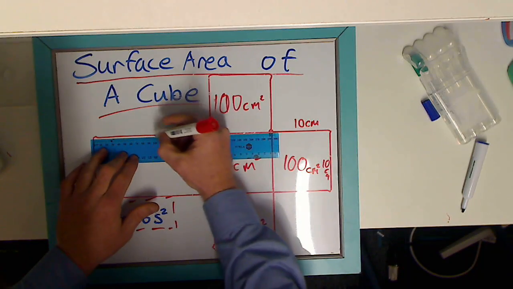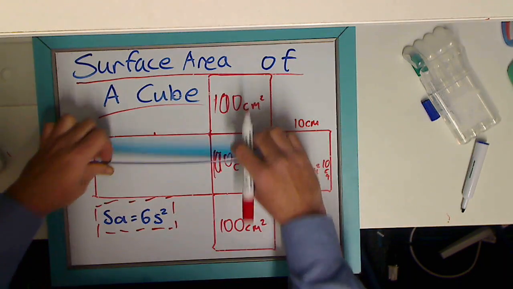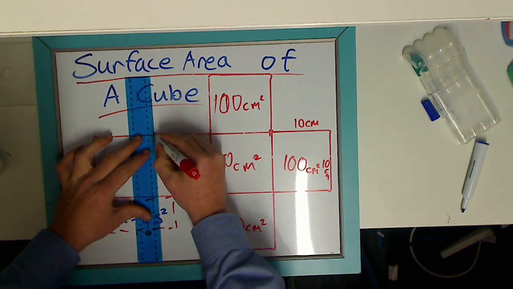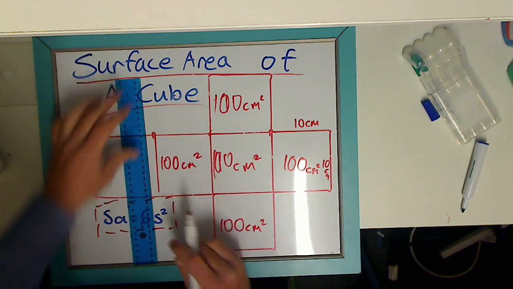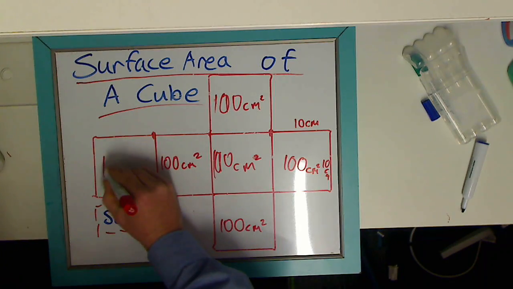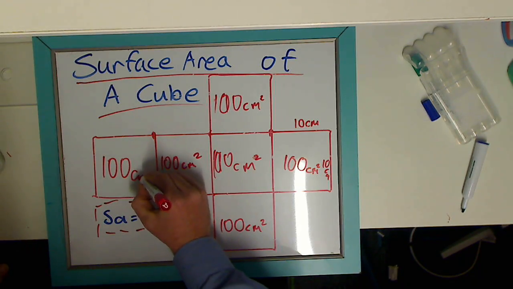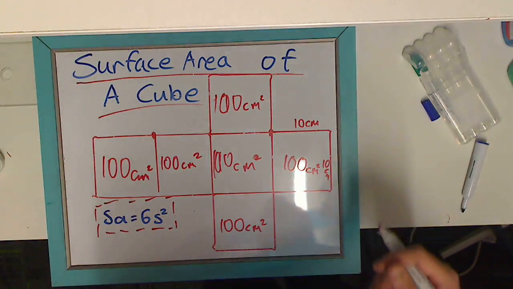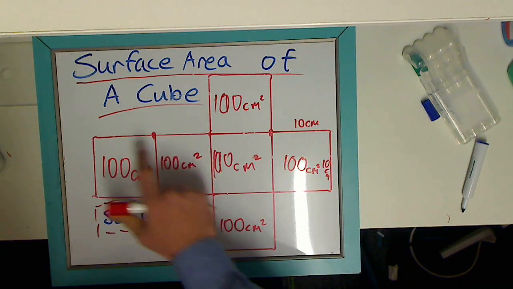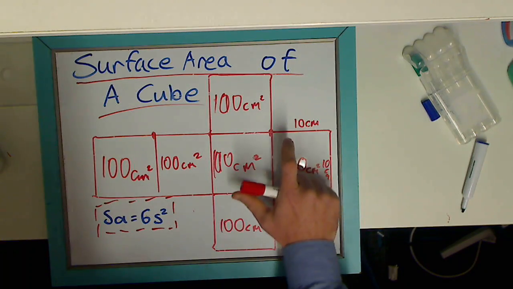Now I'll try and make this very squarey, just to give you the best drawing possible. 100 centimeters squared, and finally 100 centimeters squared. Okay, so all of that adds up to 1, 2, 3, 4, 5, 6,